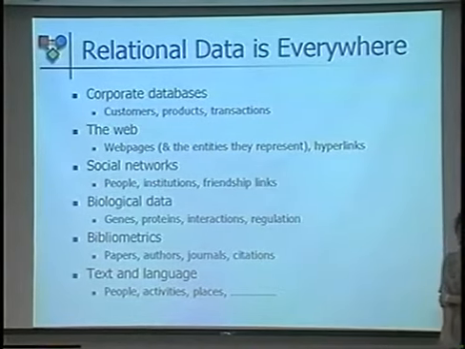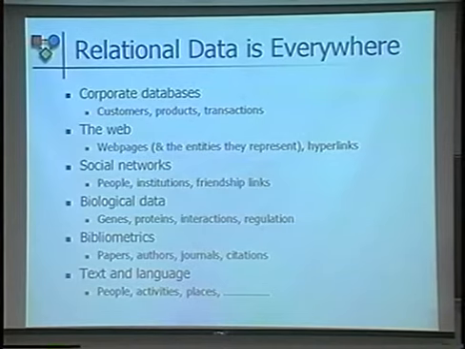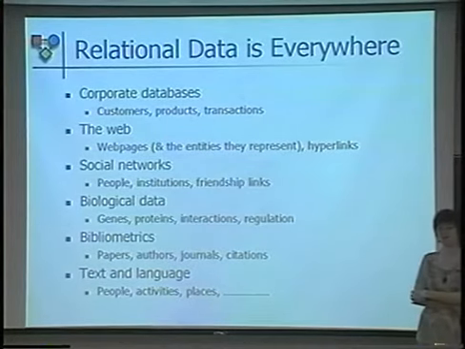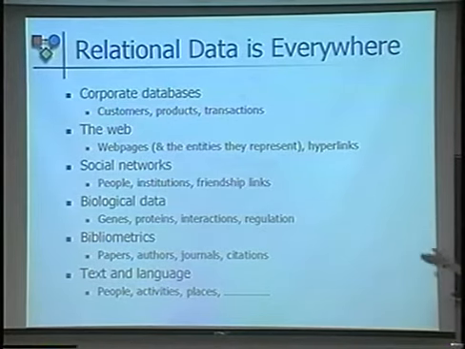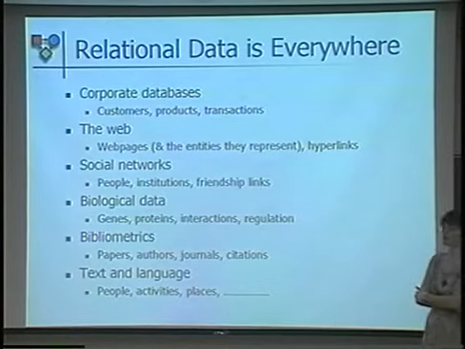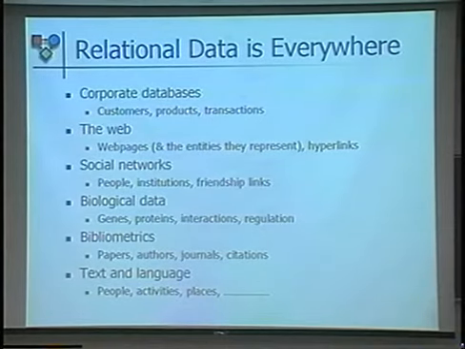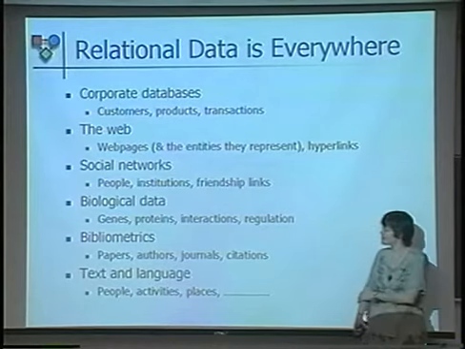So relational data is all around us, and despite the fact that most of the work on learning has focused on simple table-based learning, it's surprising just how much relational data we encounter in everyday life, starting from, of course, corporate databases, the web, which is probably the single largest relational data set out there, where you have web pages and the entities that they represent related to each other via hyperlinks, social networks, biological data, and I'm not going to read this entire list,